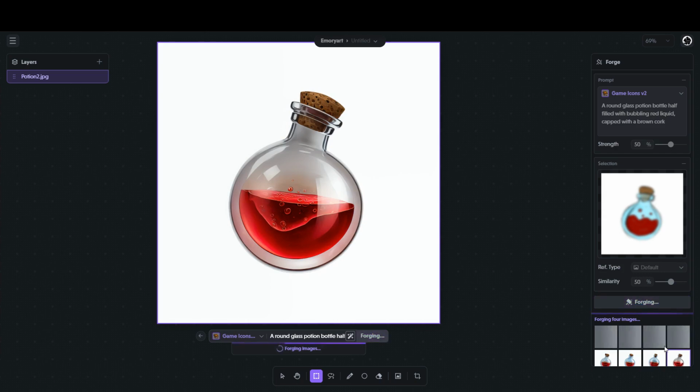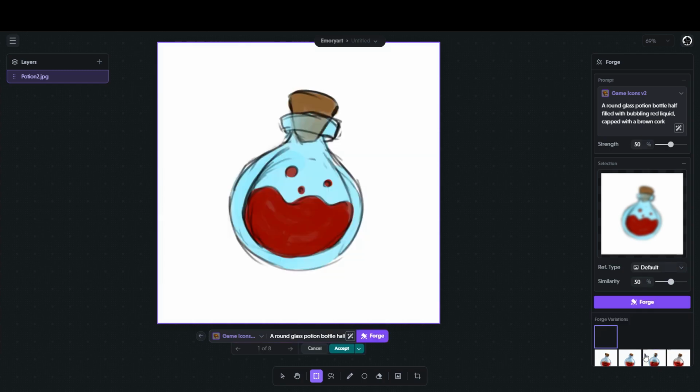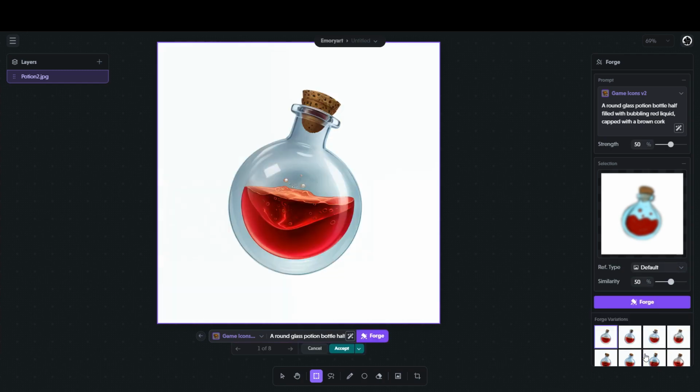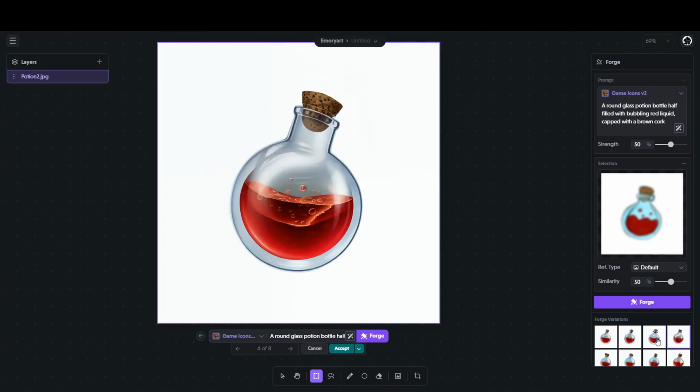I'm going to go ahead and forge again just to take another peek at what else might be there. And certainly the visual fidelity of these generations is much better than what I could make in this given amount of time. So that's actually one of the more exciting things about this space: I could sit down and make these assets myself. It would take a while. I'd get references for the liquid and the glass and the cork and everything, but I could do it. But I think this one looks pretty good over here. Now that I've generated over this asset,